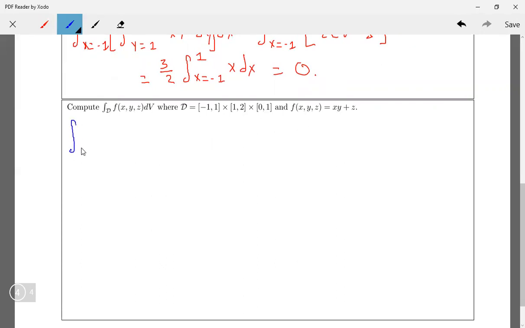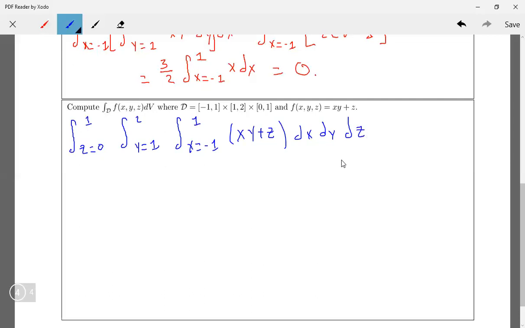I'm going to have z on the outside, so z goes from 0 to 1, y goes from 1 to 2, and x goes from -1 to 1. And we're integrating the function xy plus z dx dy